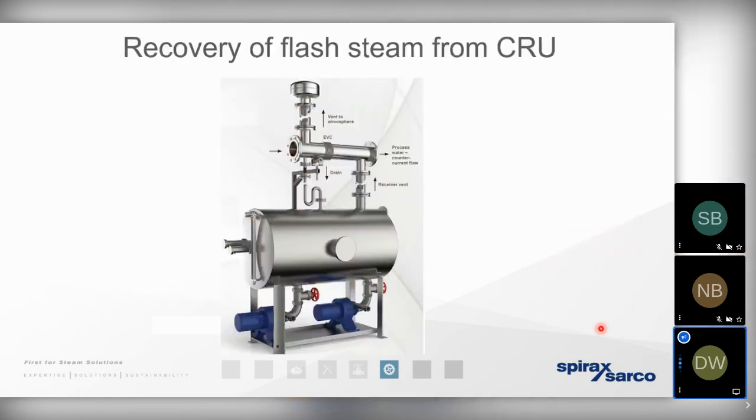So a flash steam vent, typically, is going to take place on top of a condensate recovery pump. So we can allow for that pressure drop. We can allow for the condensate to fall out as a single phase, at which point it can be pumped. But of course, if we can condense as much of that flash steam as we possibly can, or better still,